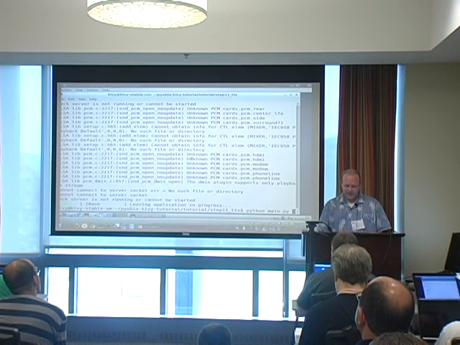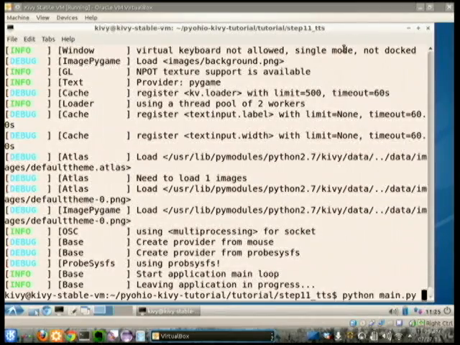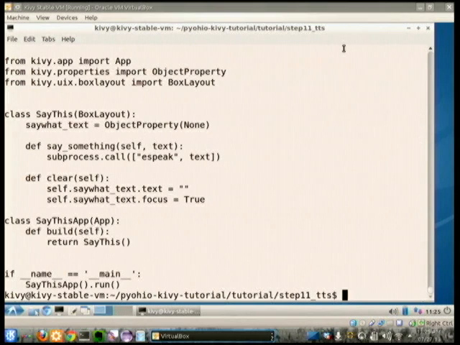So let's look at the main.py again. Oops, didn't mean to run it. Just look at it. So all we did was we added the method, and then it just uses subprocess. So at this point,